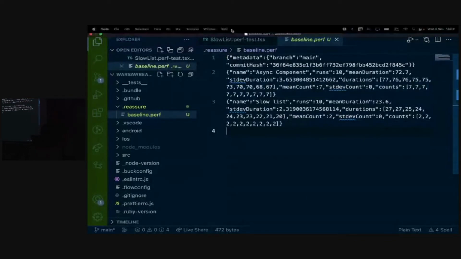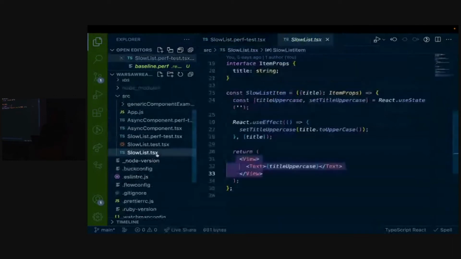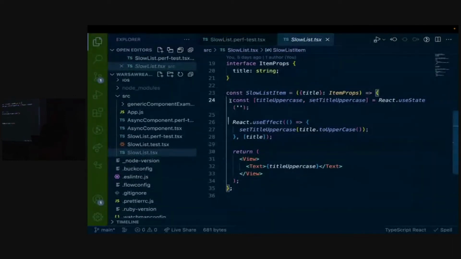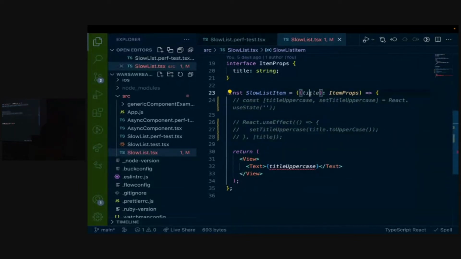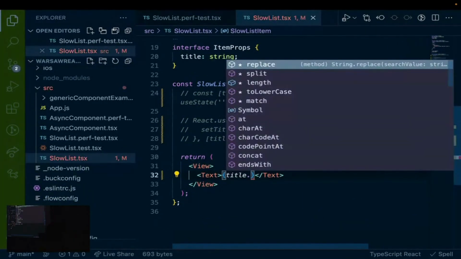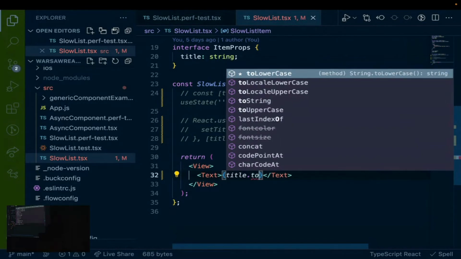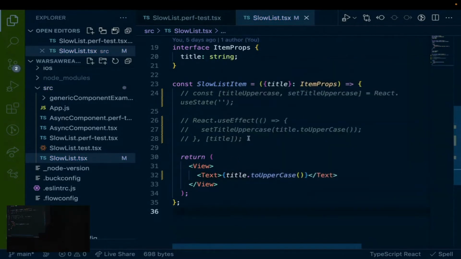Yeah. So let's say I want to fix some performance in this application, and I know that this is a weird pattern, so I will just get rid of this, and I will just use a title, and I'm gonna uppercase this just in my JSX. And so, okay, I have this.